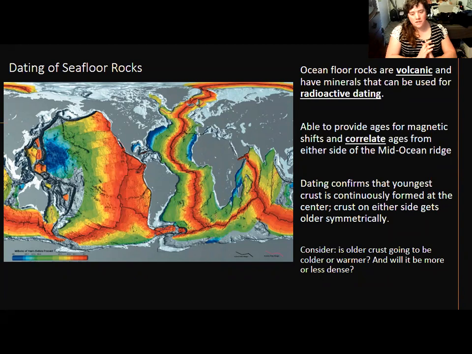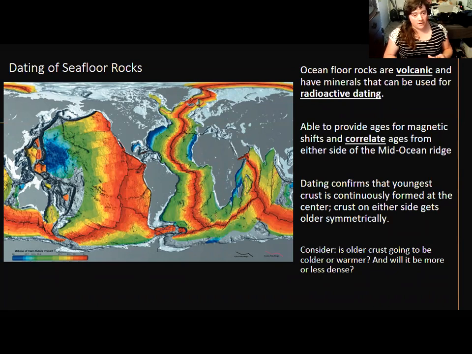Which crust is going to be older, is older crust going to be colder or is it going to be warmer? That's the question I want to start with. Older crust. So think about what it's like when it's young. When it's young, it's first being erupted at the volcano. So it's going to be colder? Yes, colder. Precisely. It's going to be colder because it's been longer and longer since it was